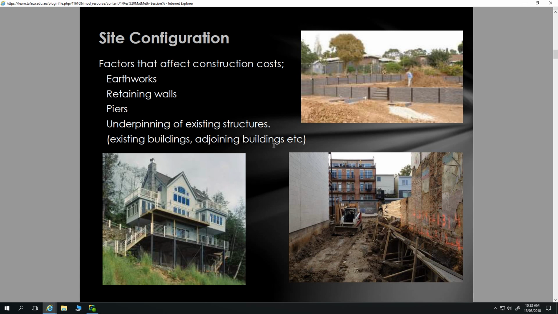But also the actual machine hire or operator hire and disposal of soil can be expensive at times as well, depending on your contacts. So earthworks can be incredibly expensive, particularly when you've got to bring in quarry material. Retaining walls, as I said, can be very expensive. Piers also,